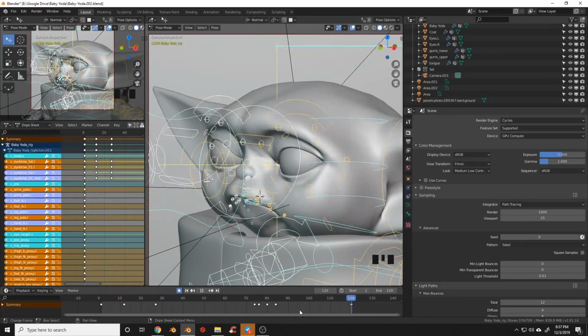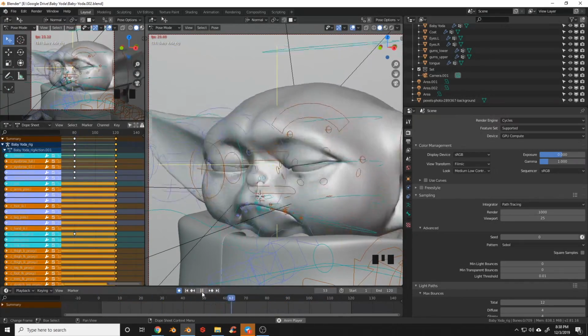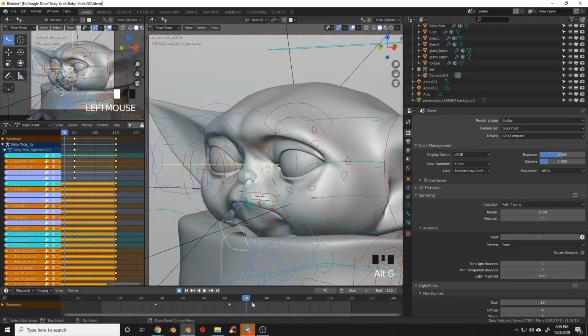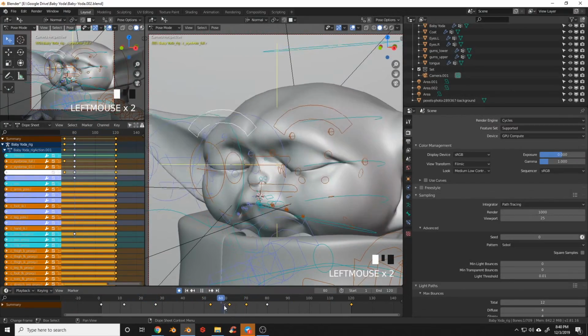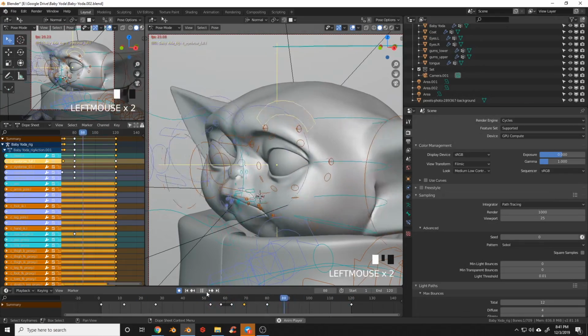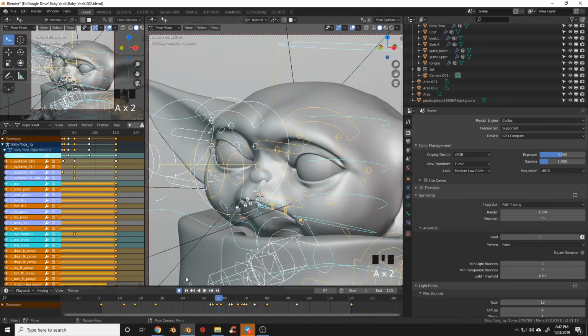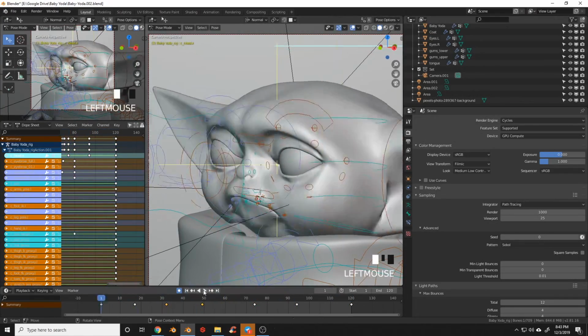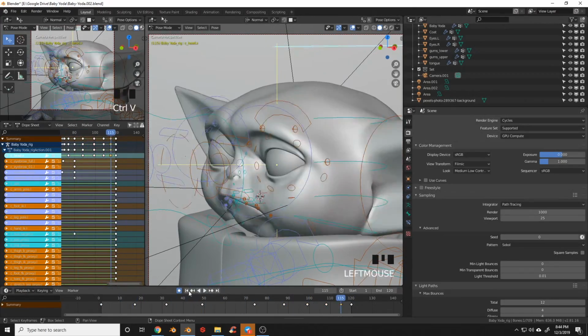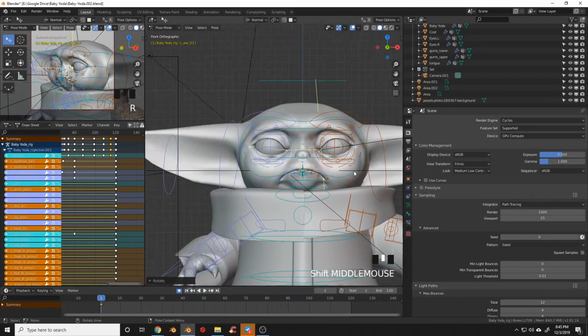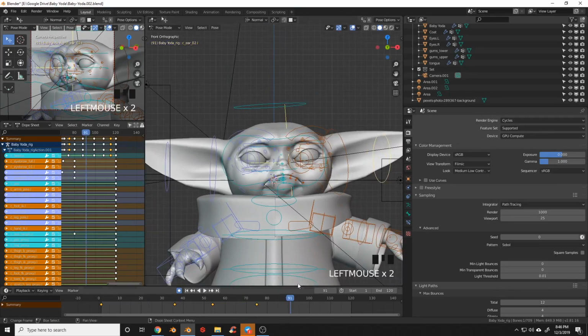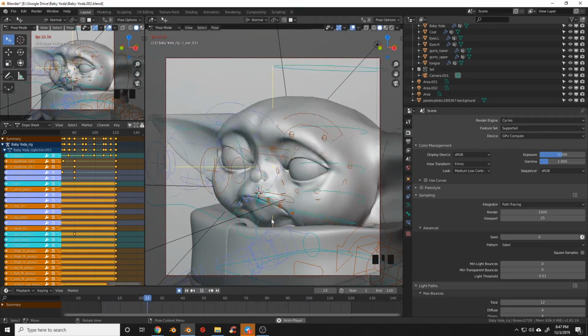Secondary action is any action after the main action. So for example, as Yoda turns his head, I will want his ears to lag behind a little bit. We can offset this later in the dope sheet to further make it a secondary action. It's at this point, especially, that you're really going to want something like reference footage. So for example, if you're animating Baby Yoda, you can go to maybe Giphy and pull up a looping image of Baby Yoda doing something cute that you want to mimic.